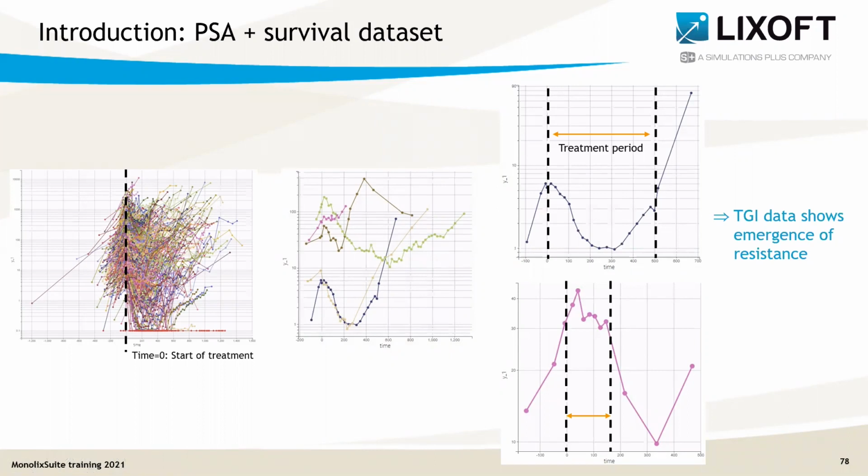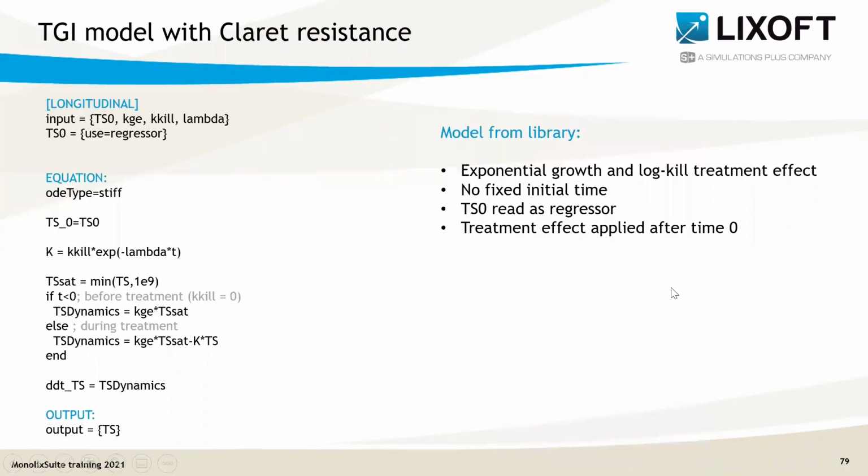Like in the previous example, if the knowledge we have on the data is consistent with different hypotheses, it can be convenient to start with a very simple model and then follow a modeling workflow in several steps, to compare at each step one type of hypothesis using the diagnostic plots and the likelihood information to select the best hypothesis. Since we have seen resistance in the data, I started with a very simple model that is able to capture the resistance.